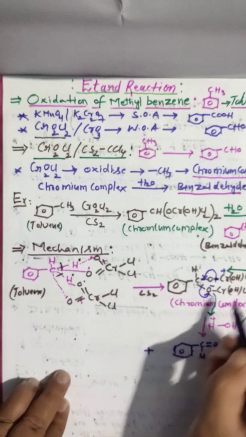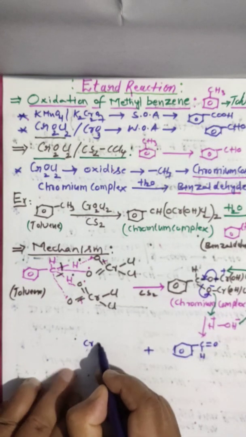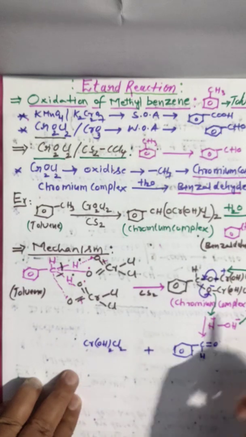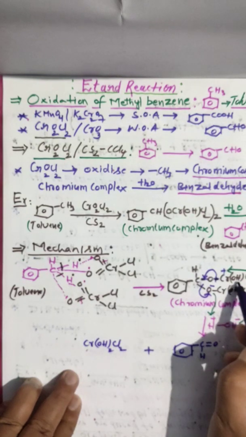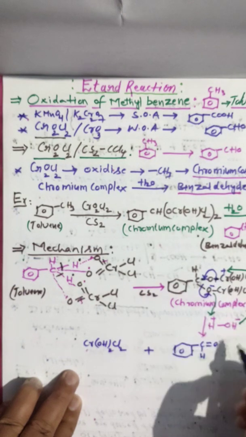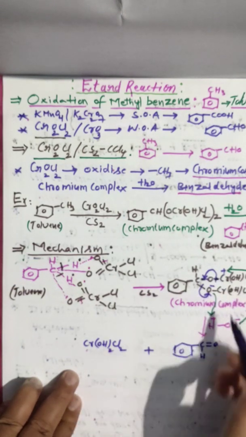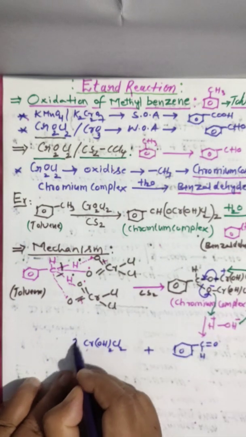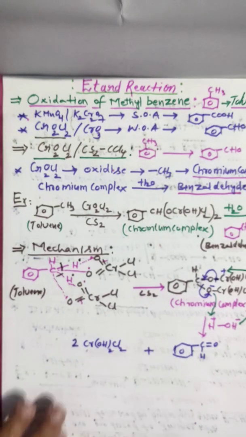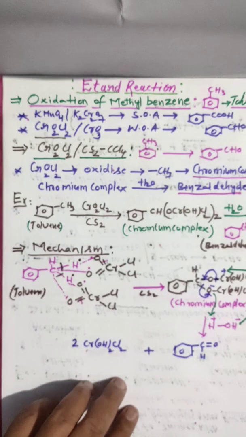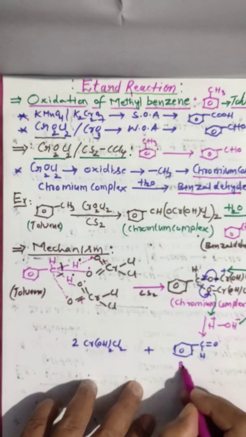What do you get here as the byproduct? CrOH twice Cl2. Look here, CrOH; this OH, another one attacking here, 2OH, Cl2. Similarly here, CrOH, this O is there and this attacked, OH. So 2 moles of chromyl complex are eliminated as the byproduct. And we now got benzaldehyde.